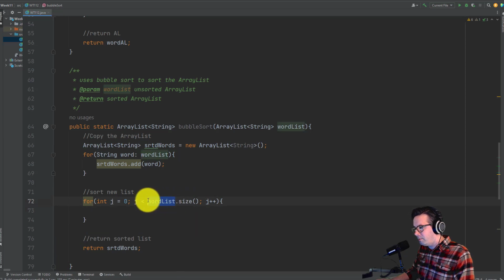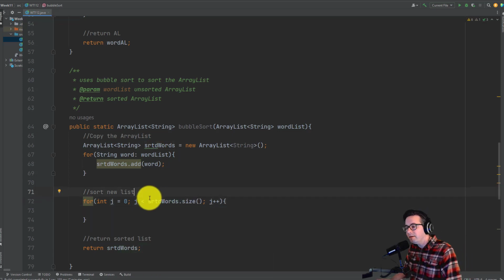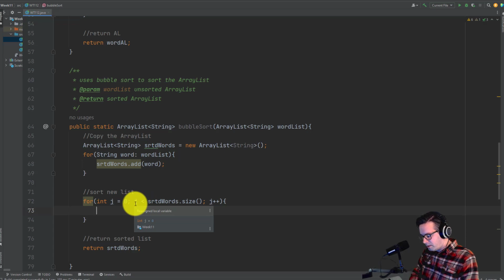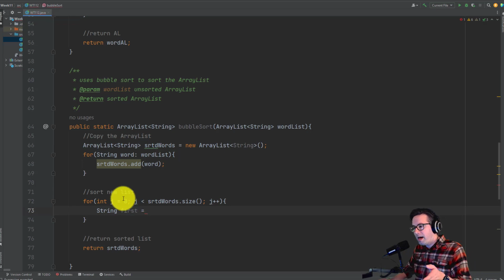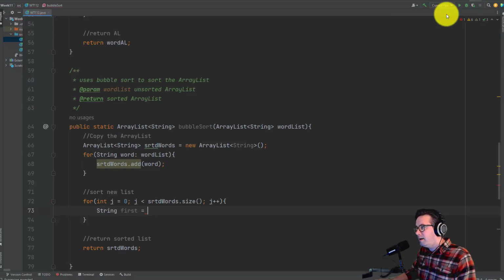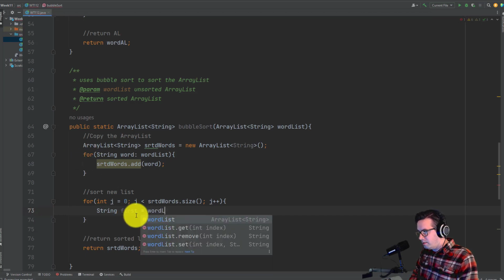It's now we're messing with sorted words, right? Because it's the same at this point. But this is the one that we're sorting, so this is the one we want to reference. And so remember we're going to create a string called first, and that's going to be at the j position, right? So remember the first one we start off is 0, and the next one is 1 more. So we do sorted words